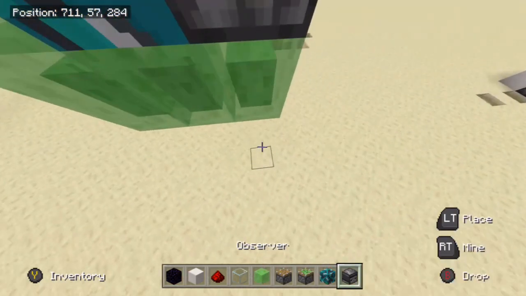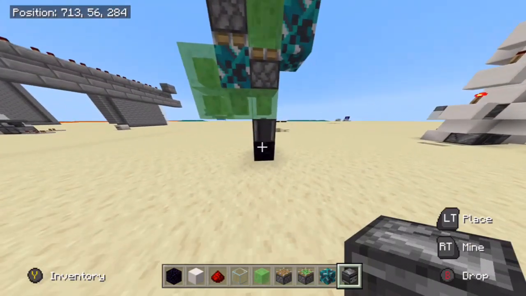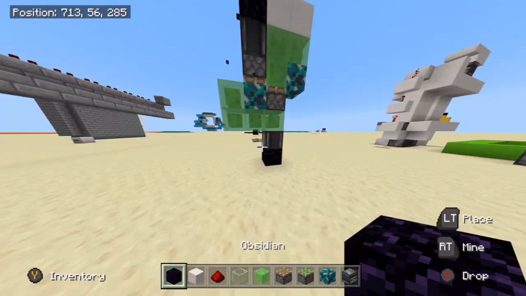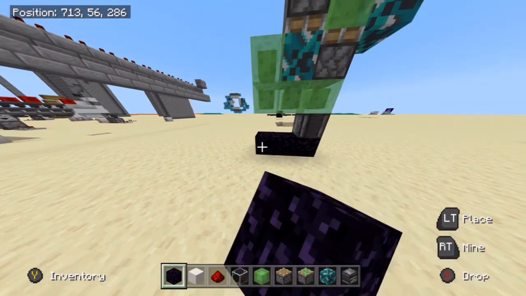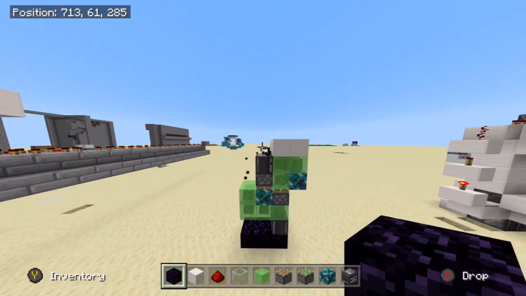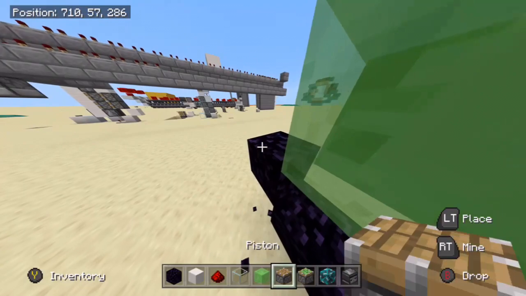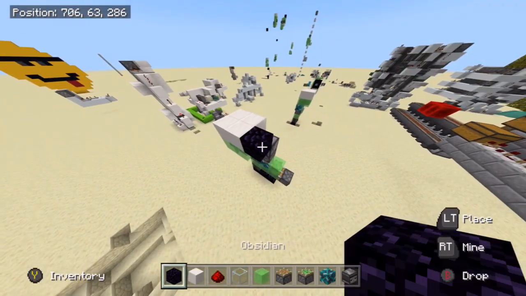Then place a non-movable block on top of that and another non-movable block with an observer fitting into that piston on there like so. Then place 2 more non-movable blocks like so coming from that direction and destroy that one there. Then what you want to do is come over to the side, place a normal piston there, and then